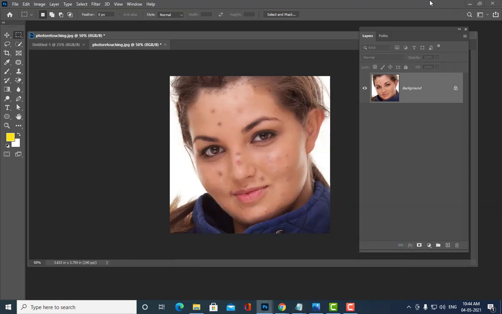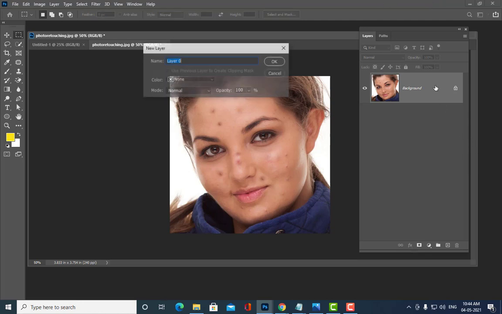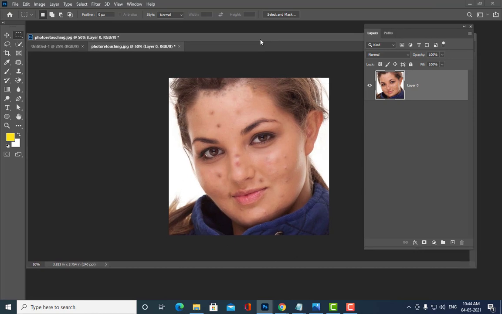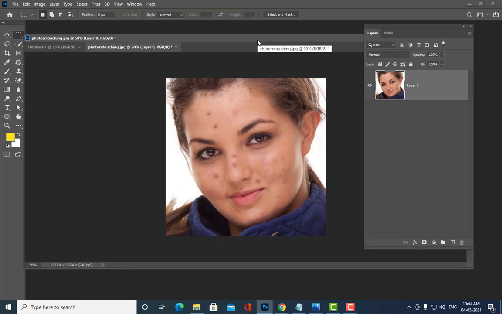So now we'll start photo retouching. See here, first thing is let us not work on the original. Let us work on the duplicate. So how to take a duplicate? Control J. So I am not going to work on the original. This is the original, and after completing the photo retouching, we will do some comparison. So for that we will keep the original.